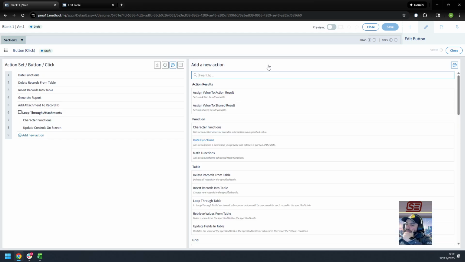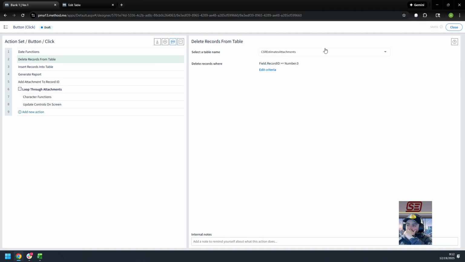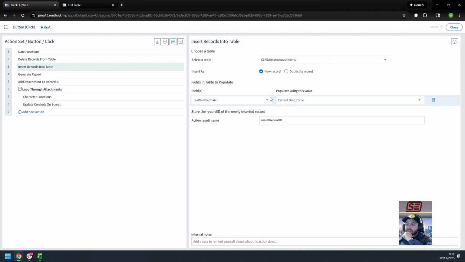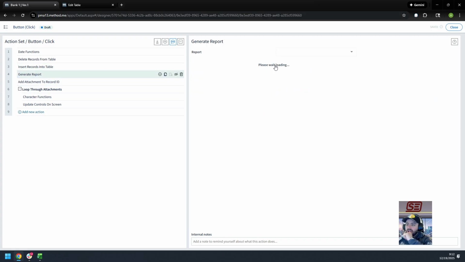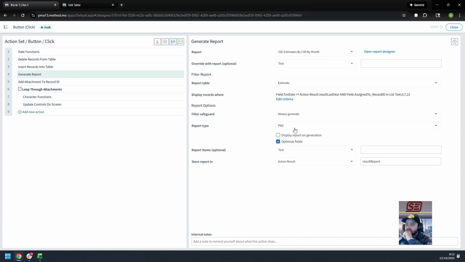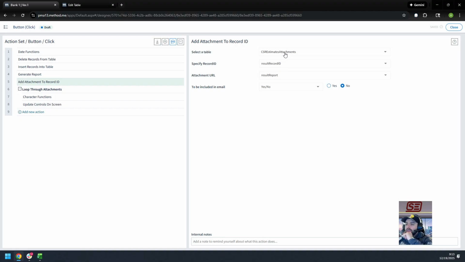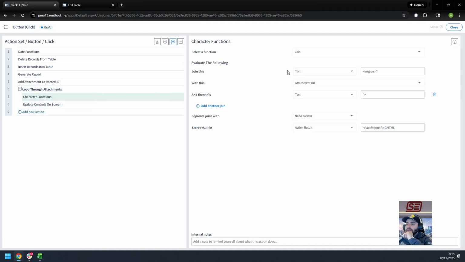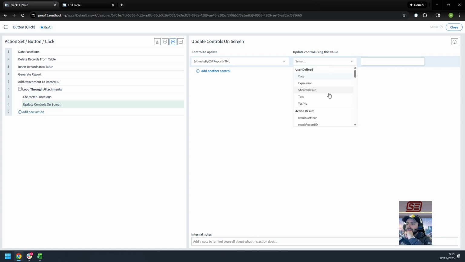We have the button. The button's going to delete the records from CSSR estimates attachments and then insert a new record. The new record, we just don't need anything but the record ID, and then we'll generate this report as a PNG and save it to result report. And then we will add that attachment to the new record ID, and then we will loop through the attachments, create that, store it here. Could just store it on the screen, but